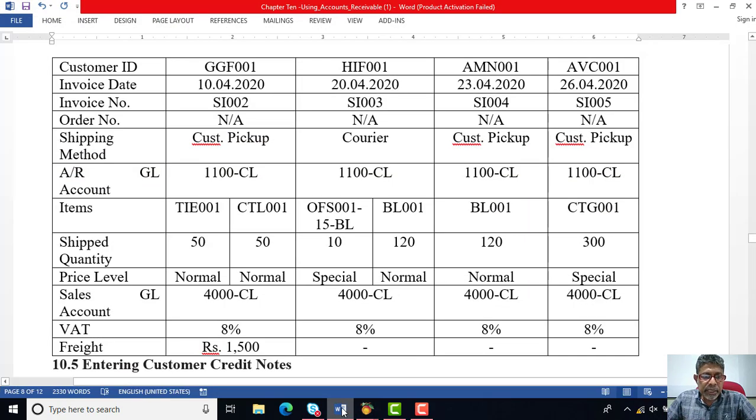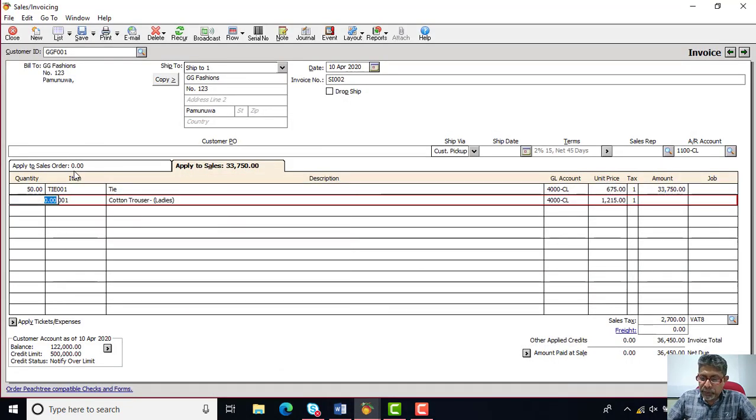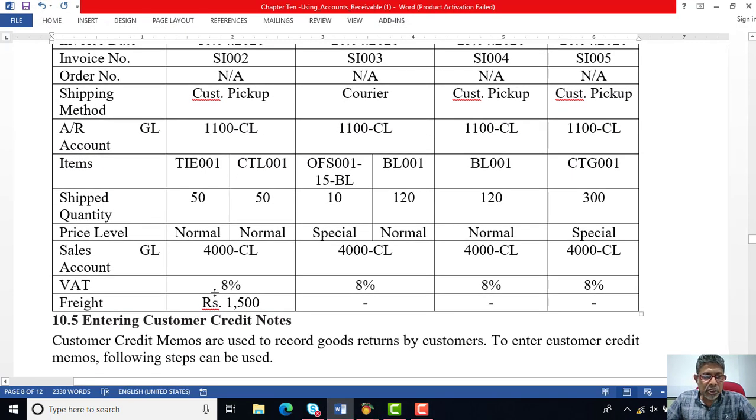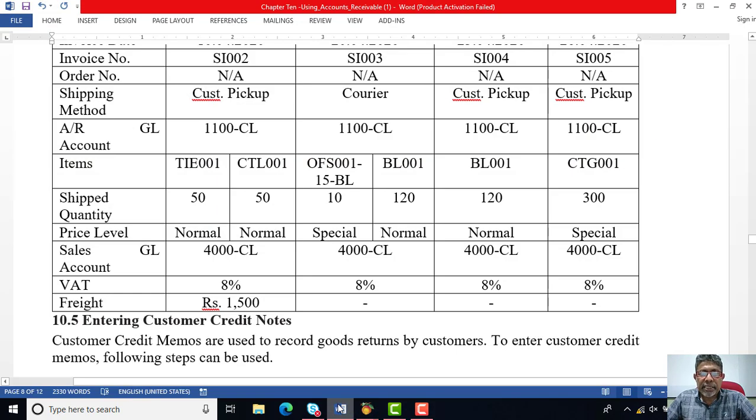And then the next item, CTL001, also 50 unit, and the normal price need to be offered for that item. Again, the VAT is applicable, 8% VAT, and also freight charges are charged from the customer 1,500. So we will be entering that as well, 1,500. Total bill value come to 110,970. And to update your ledger accounts, you need to click the save button. So that will update your ledger. Next transaction,